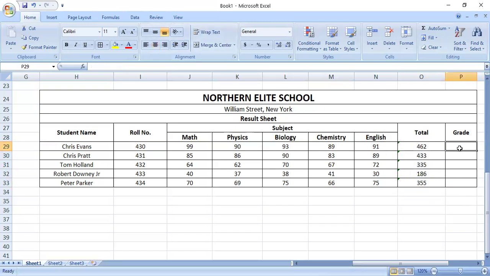Okay. So now for grades, it's a little bigger formula, but it's easier. You will understand. It's not that difficult. Just you need to be focused when I'm telling you the formula. The formula goes like,